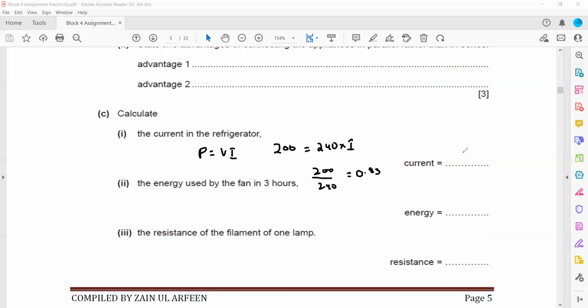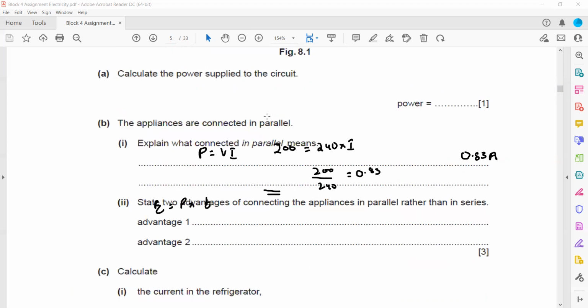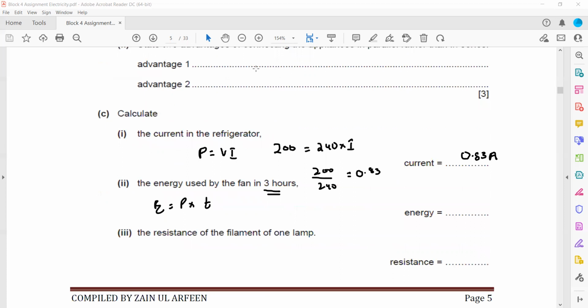So the current in the refrigerator is 0.83 ampere. Now, the energy used by the fan in 3 hours. Energy is power multiplied by time. The power of the fan is given in the question as 1.2 kilowatt, which means 1200 watt,